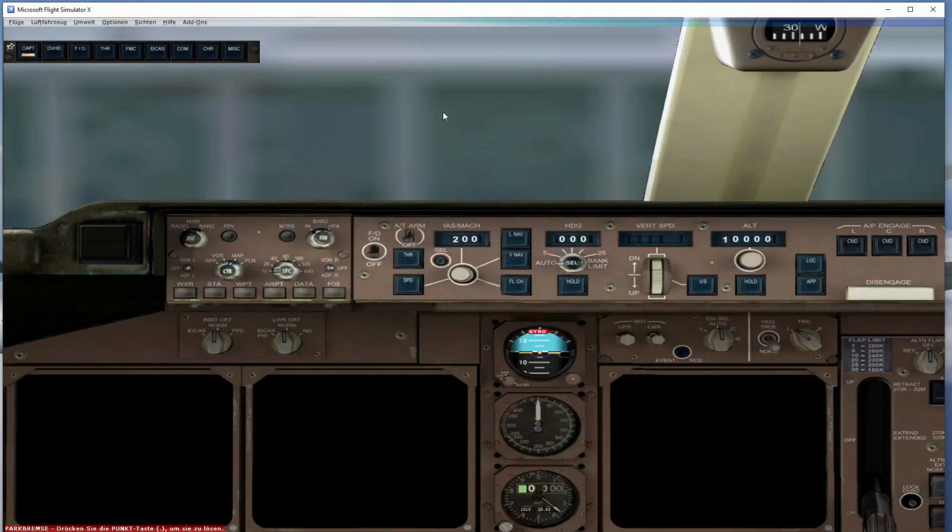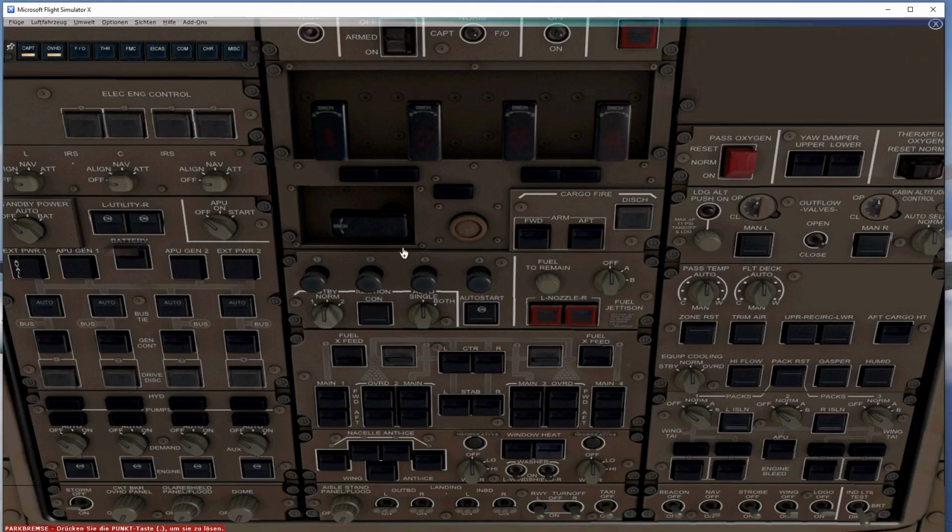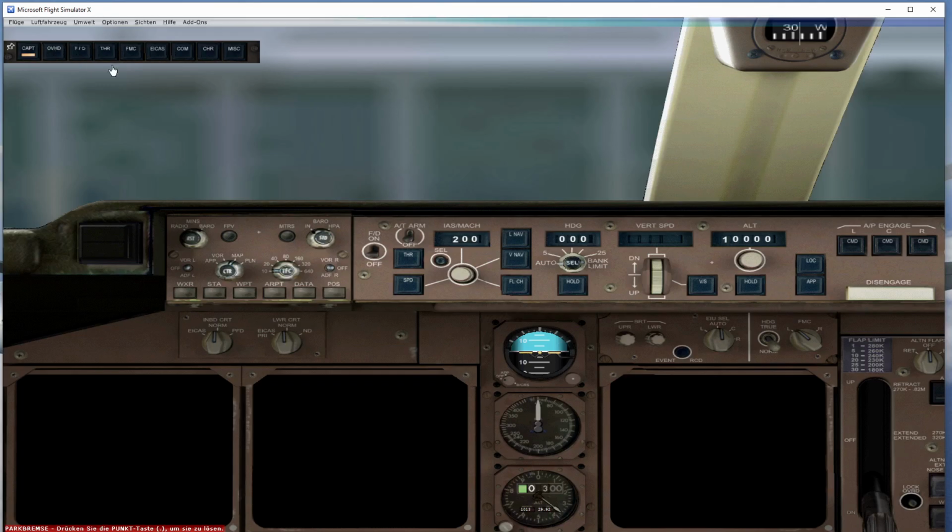Yeah, this is basically the overhead panel, and this is most of the things we need during the initial startup of the airplane. So when you get in, it's all dark, all switched off, the screens are off, and first you come in and you switch on the battery. And you can see already a few yellow lights popping up because there are a few systems powered just by the battery. That's not a lot, but it's basically only the emergency things you need just in case you have a complete electrical failure, which is